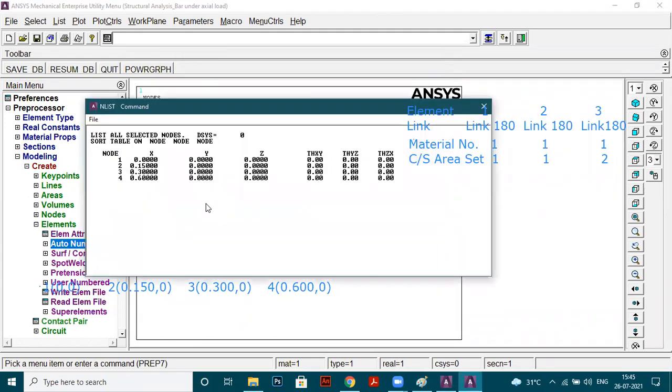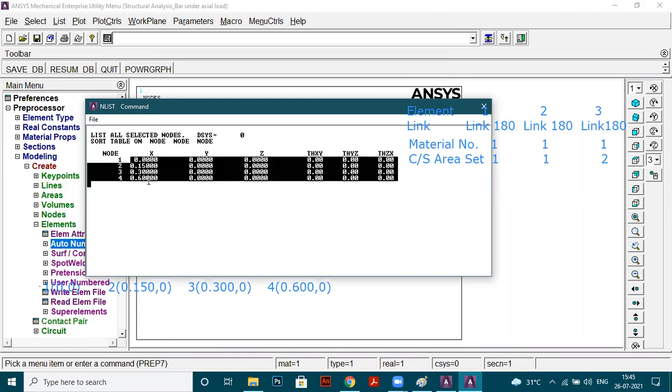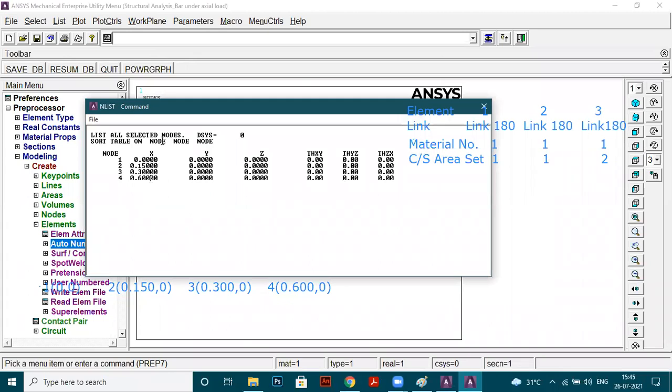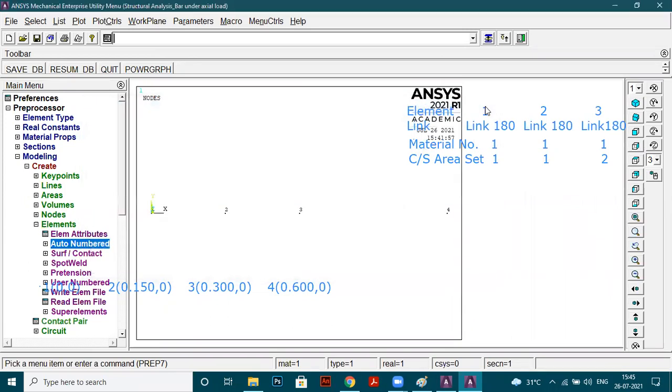This window will show where node 1 is. Look at the x coordinate column: node number 1 is 0, node number 2 is 0.15, node number 3 is 0.3, node number 4 is 0.6. The y, z, theta y, theta z, theta x values don't matter because we are interested only in the x coordinate, so it is okay. I can proceed next.